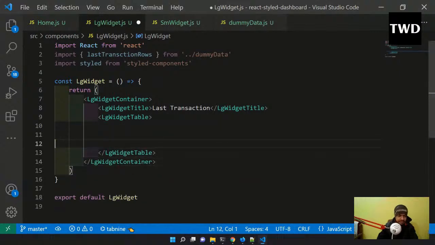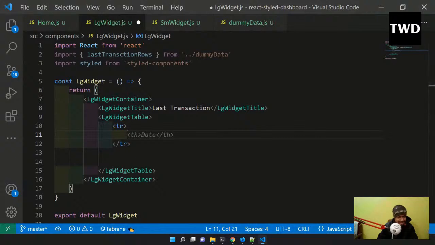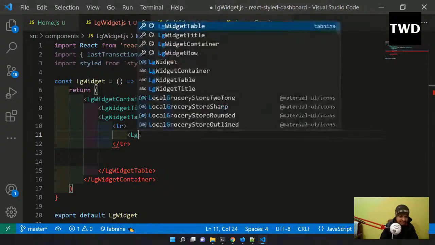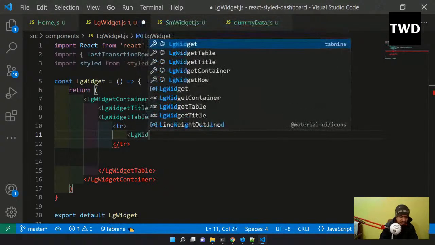So table will wrap everything. I'll come here, and then let me have a tr. So just a tr tag I am going to have, and in this tr I am going to have this th. Instead of having th, I will have a styled th, which we are soon going to have. So LG widget